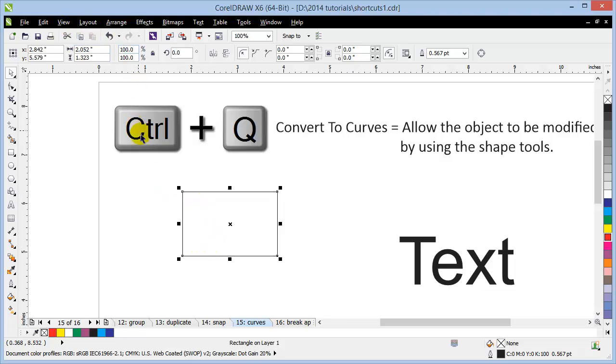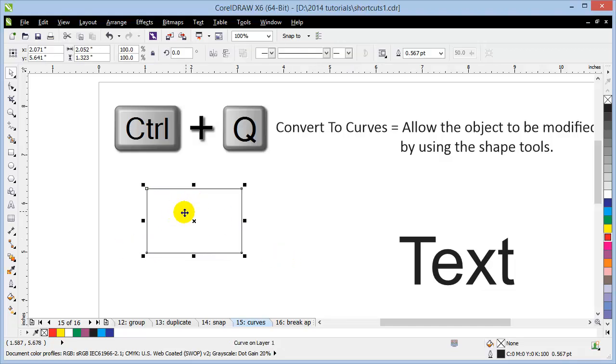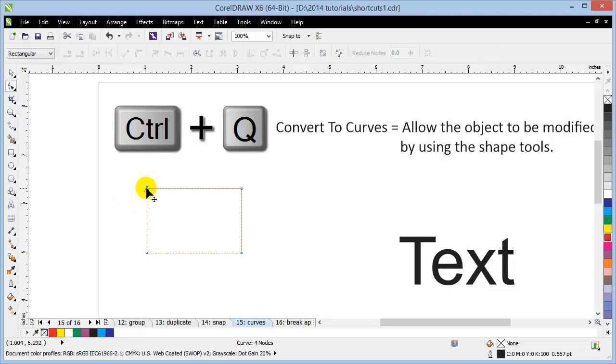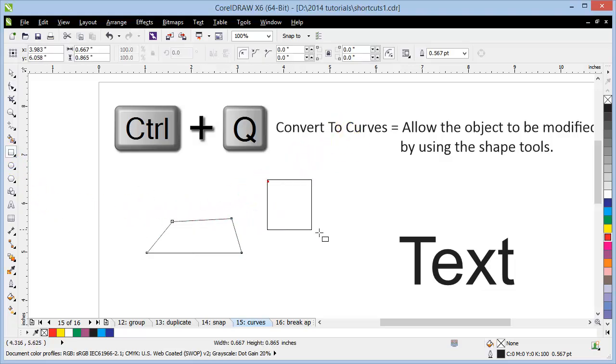Okay, so I have to make it curves. So I'm gonna click on Control Q to change it to curves. Now it is a curve already, right? So if I go to my shape tool, I can reshape it because it's a curve already. Not like before, I cannot. Say for example here, this is not converted to curves yet. If I go to my shape tool, the only thing I can edit is the